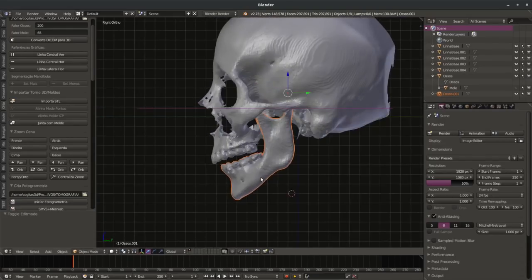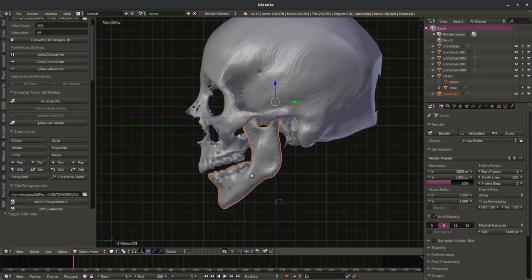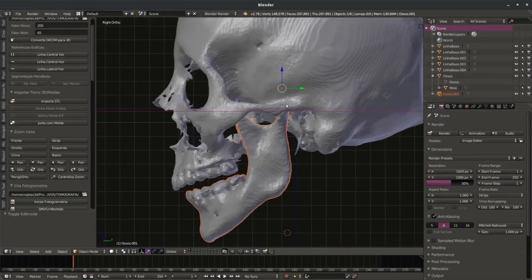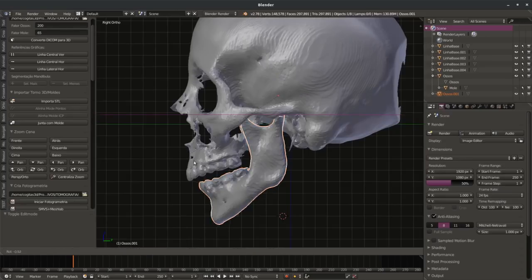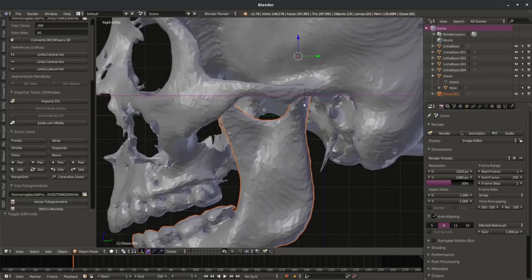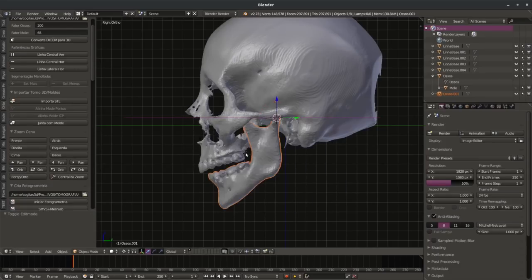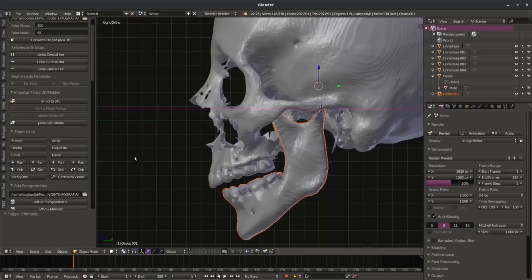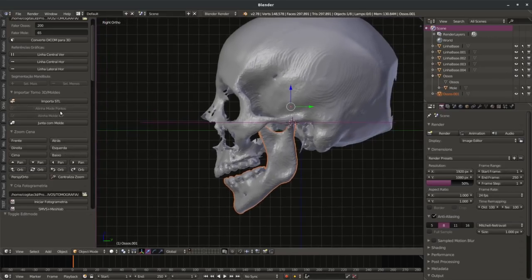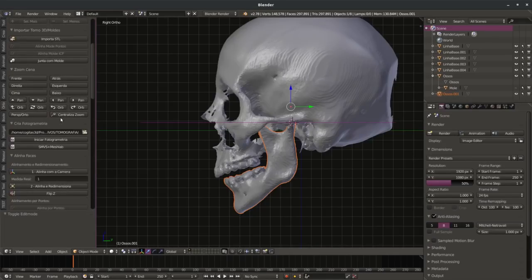separated, and I can change the center of rotation. You can see the rotation is here. If I press R, the rotation will be made from here, but I can click here. So I click with the cursor and change here to 3D cursor, and I can rotate. Okay, I will put the original option again. Now we can continue with the